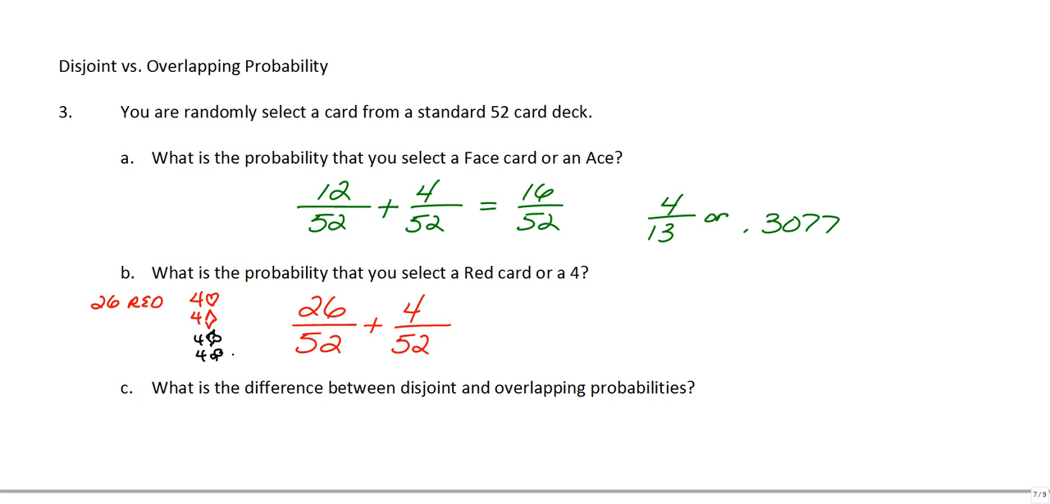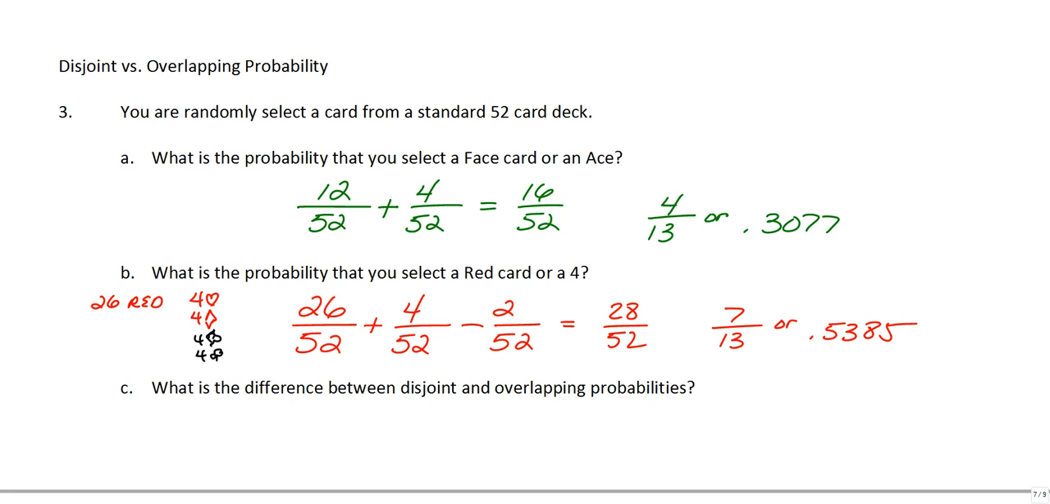So out of those 26 red cards, 2 of them are 4s. So that's where the overlap comes in, because we have to subtract those, otherwise you're counting them twice. So we have to subtract the 2 overlapping cards out of 52. Okay, so then all we have to do is do 26 plus 4 minus 2. That's going to give us 28 out of 52. So that means there is a 7 in 13, or 0.5385